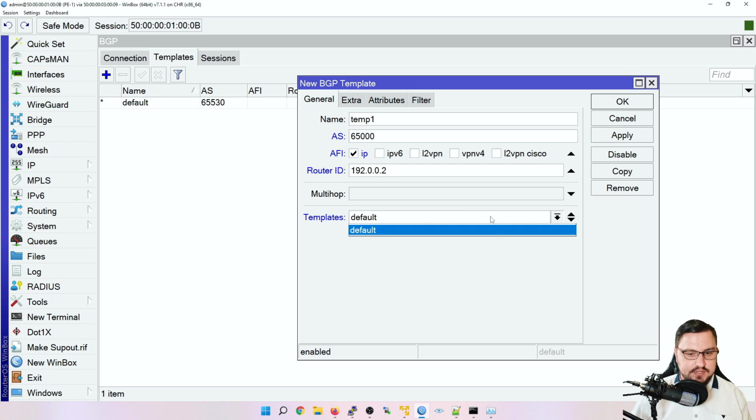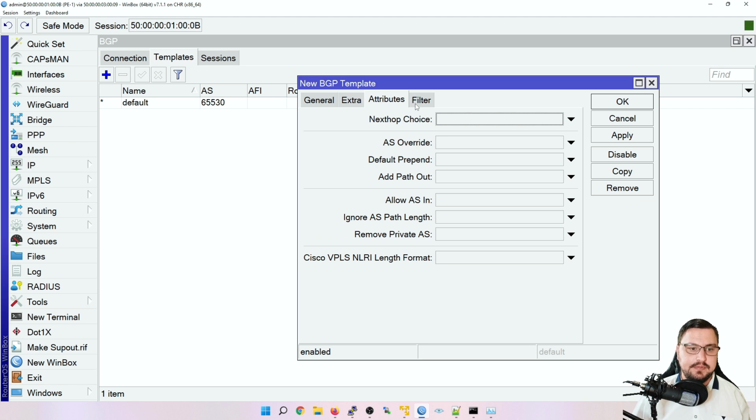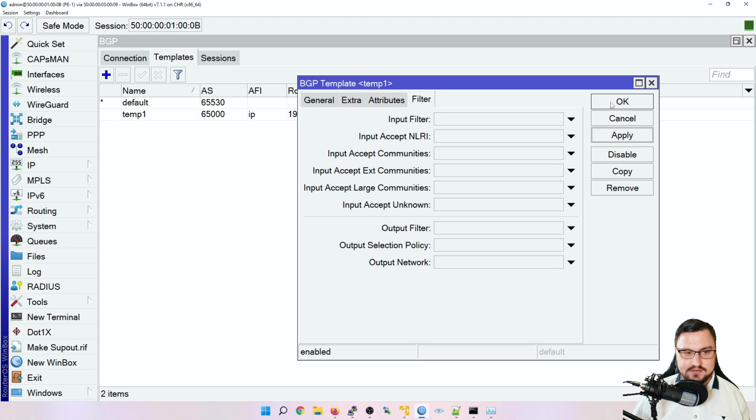I'm just going to click on the templates here. Actually, let me just remove that. And as you can see, there's just some base stuff that you can fill in here. Like, do you want to specify default originate? Is there certain routing tables or VRFs that will belong to it? It's really just a template, so let me apply it so I can show you,